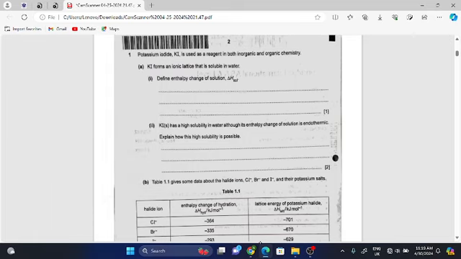As you know, enthalpy change of solution is when 1 mole of a substance is dissolved in water in order to give a dilute solution. That satisfies the definition of enthalpy change of solution. So you can write it down as